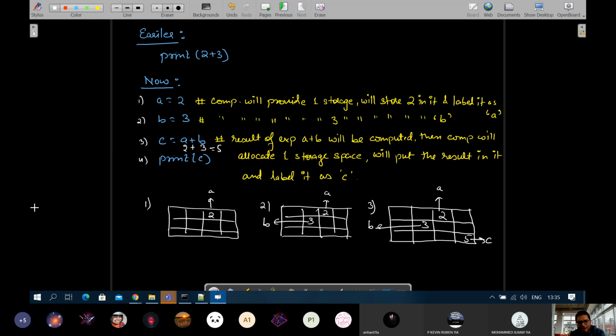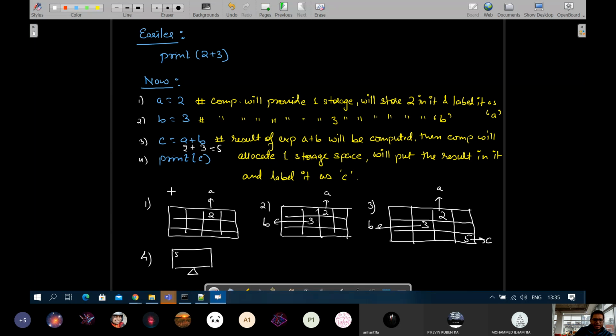So it will again scan the RAM and try to fetch which memory location is labeled as C. It will find one of the memory locations labeled as C having the value 5. That C will be internally replaced as 5 and the computer will then finally see it as print 5, and the output will be displayed on your screen in line number 4. On the screen you will see the output 5.